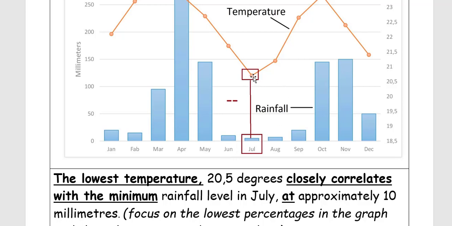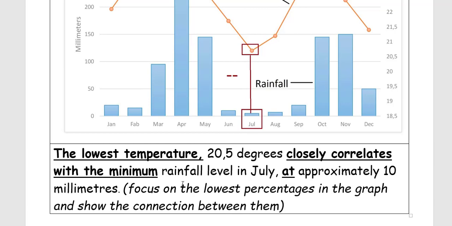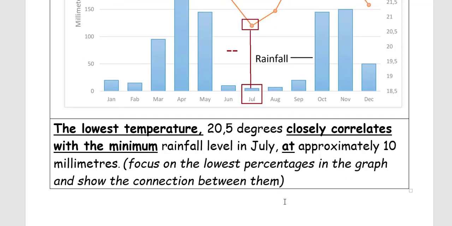Next, and here we have 20.5, and we have this figure, so show the correlation, and here I wrote minus minus, showing that this is the lowest figure here. So focus on the lowest percentages in the graph and show the connection between them. Next,